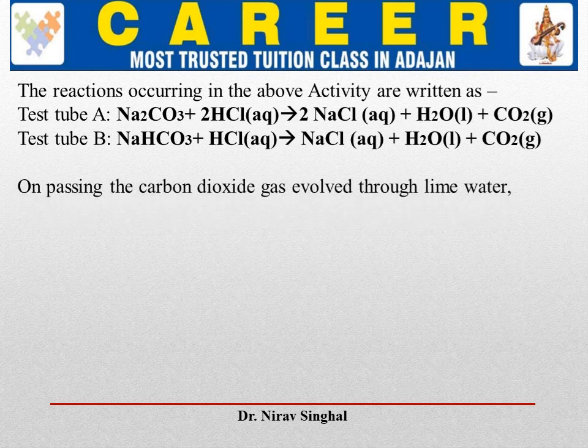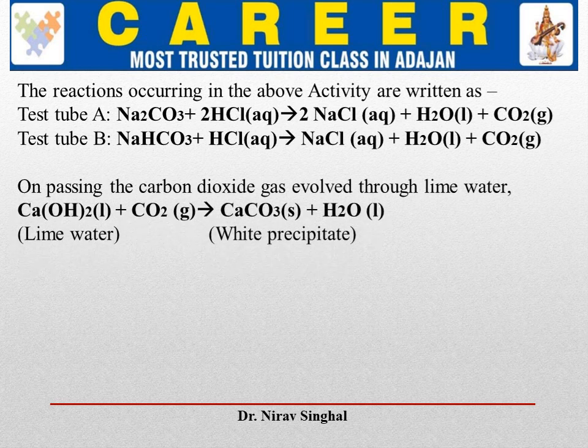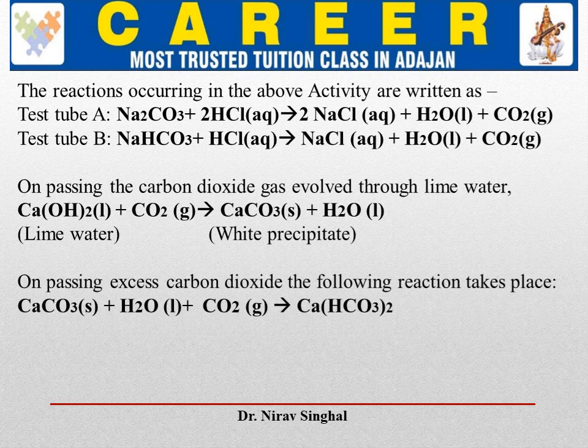Now, on passing the carbon dioxide gas evolved through the lime water, Ca(OH)2 comes in contact with CO2 and gives calcium carbonate plus H2O, and due to this, the lime water becomes turbid. On passing excess carbon dioxide through the calcium carbonate solution and water, it gets converted into calcium hydrogen carbonate. If an excess amount of CO2 is passed through the above solution, then CaCO3 plus H2O plus CO2 gives Ca(HCO3)2,